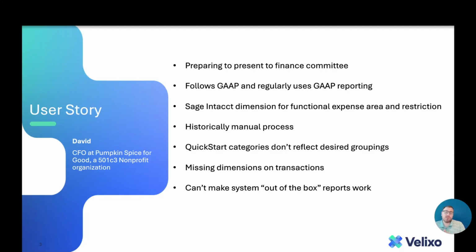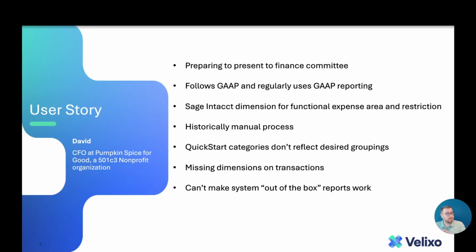Historically, before coming to Sage Intacct, they used to put this financial report together manually outside the system. They were hopeful that this could be automated, but it's been a little bit rough. They quickly figured out that the quick start categories in Sage Intacct, while they were helpful to make sure that all the accounts were assigned to something, don't necessarily reflect the way that they want to group and report data